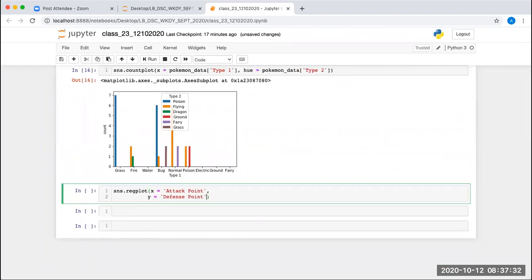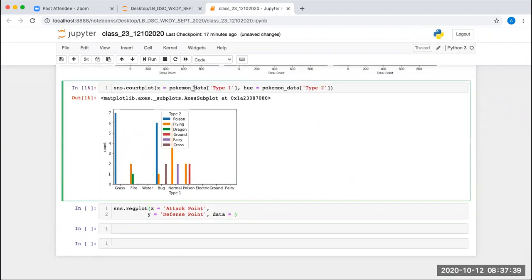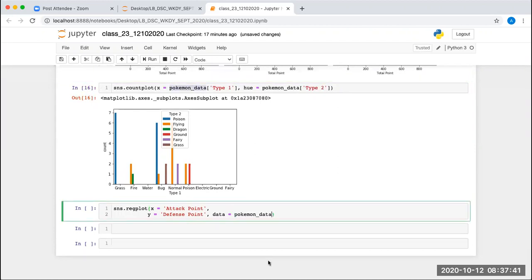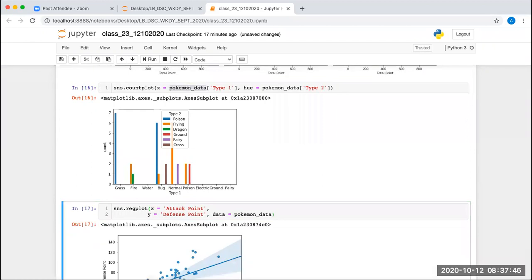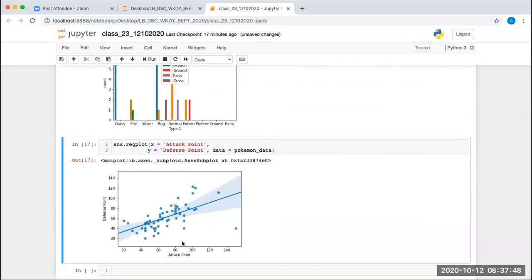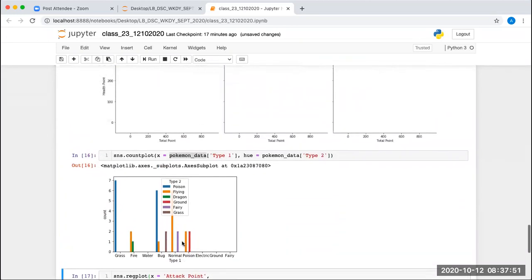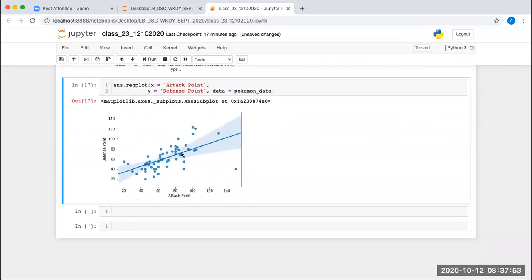So you have to pass this, and data you have to pass is equal to Pokemon data. So for the regression plot, you have to pass X and Y attribute and the data variable. It is similar to the plot which we have seen in the beginning today, which gives you the kind of linear relationship between the two variables. So we have the separate regression plot. You can use this, or you can use the LM plot also to get the linear analysis between the data.